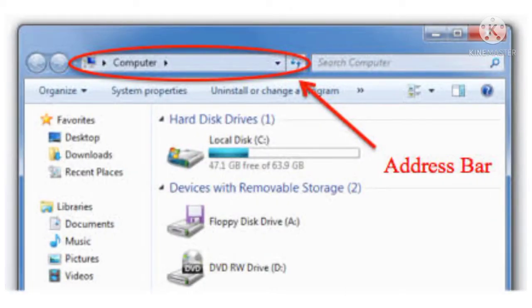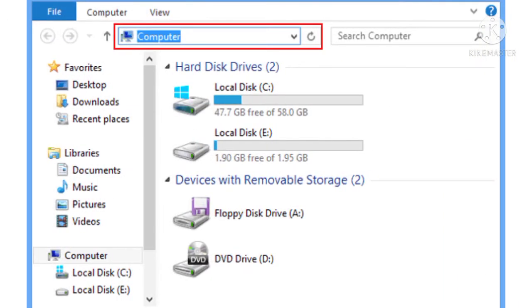Address bar. Address bar shows the location or address of the current window. It is used to quickly move to different folders. It shows a drop-down list box with the location of the current window.